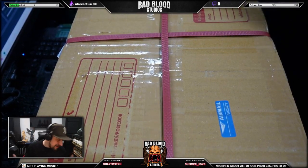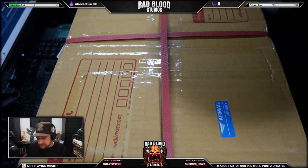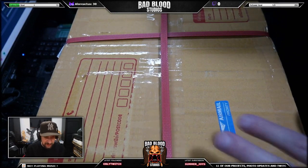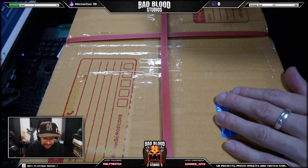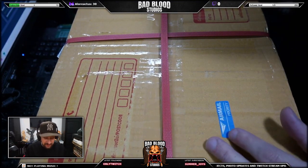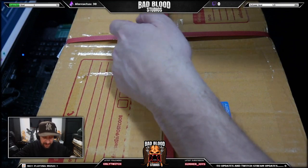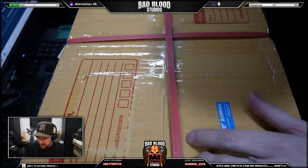For this, I'm just gonna unbox it, see how it comes out of the package, do some parts review, do a little bit of an overview, and hopefully I could also assemble it a little bit. Obviously it's way too many parts to assemble it in its entirety, but I'll do my best. So stick with me while I unbox